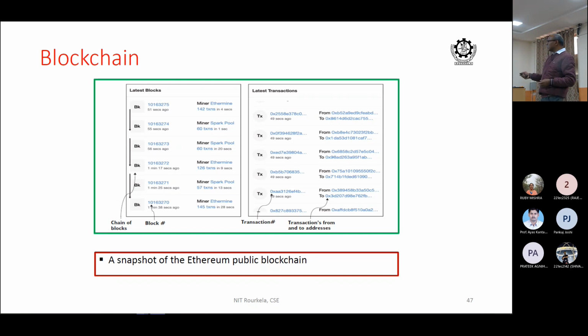This is a miner. If you look at the top block, it says there are 142 transactions in the block, and the miner is determined, and it has taken 4 seconds to mine. But the block that is added takes 51 seconds to add. So mining and adding the block takes some amount of time. Now, on the transactions, every transaction has a transaction number, and every transaction is from a source. When you make a transaction, you have to specify the source and the destination. So there has to be an address mechanism, a source address and a destination address.